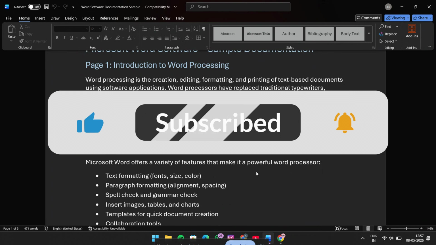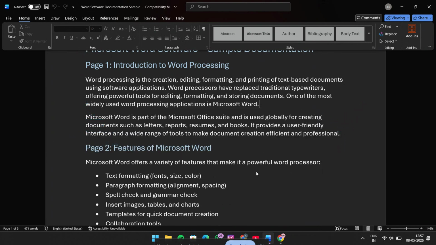Alright, let's jump in. First, open your Word document and look at the top right area of the window. In many versions of Word, you'll see a drop-down or mode selector there. This is where Word tells you whether you're currently in viewing, reviewing, or editing mode. If you're in viewing mode, you usually can read the document, but you can't make changes. If you're in reviewing mode, you may be able to leave comments or see tracked changes, but still not edit